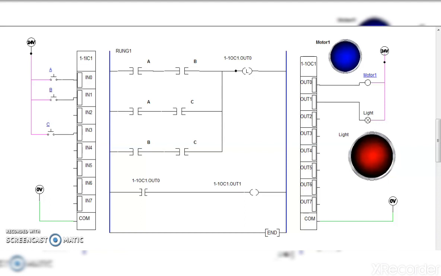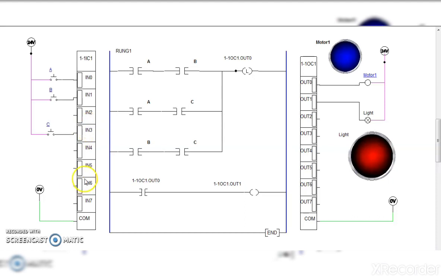Now let's consider the problem of 3 bank officers, in which the bank officers have keys A, B and C. These 3 keys are shown as 3 switches connected to input ports I0, I1 and I3.